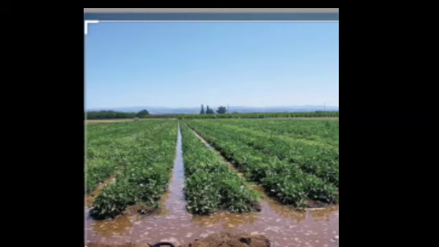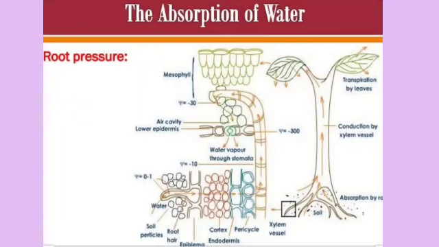In the same way, the farmer also tries to transport the water from wells or the dams through a main channel to every plant. In the picture you can see like this, they are doing the system or arrangement to make the water reach each and every plant so that they can grow well. By transportation, a substance either synthesized or absorbed in one part of a body reaches another part easily.